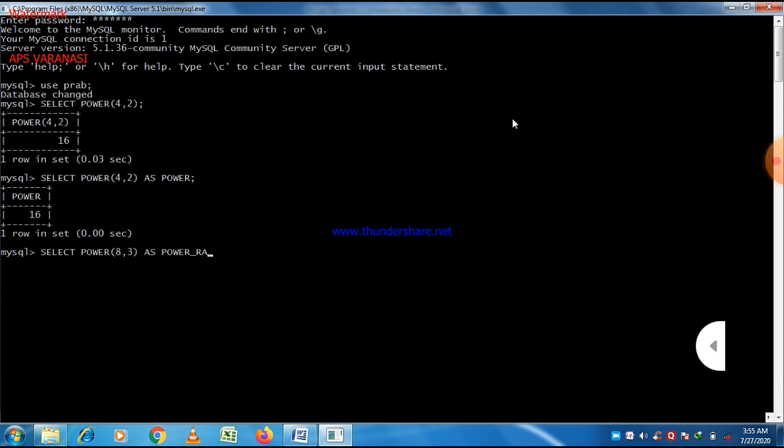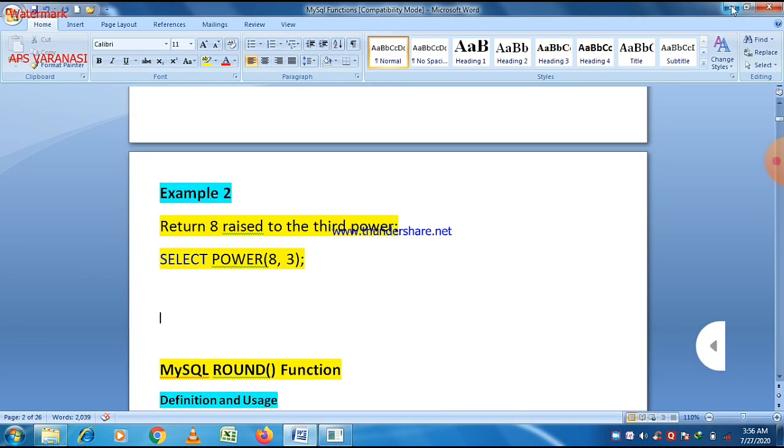If the name is too big, then we can use the underscore sign. So here we use power underscore as the alternative name for the power function, and from dual, where dual is the table name. So we write a table name also, and then we can easily see that the answer is 512. So you can use the table name, because most of the time when we use a select statement, use of a table name is compulsory. So don't get confused. If you want to use the table name, just write from dual. That is the standard syntax of a select statement.